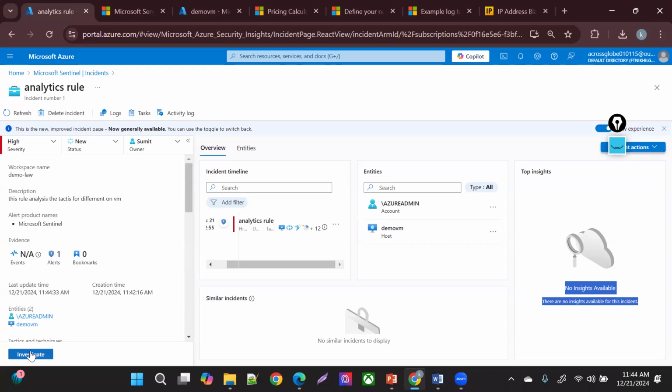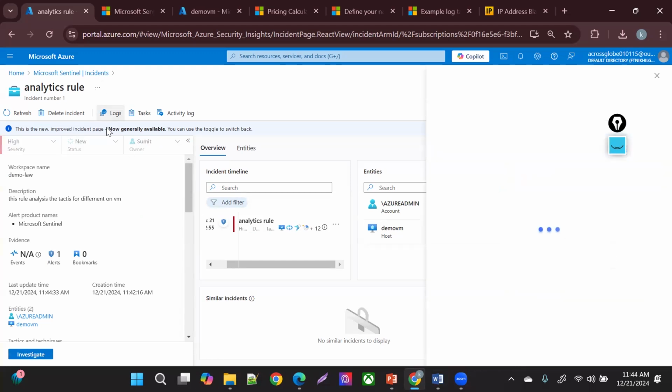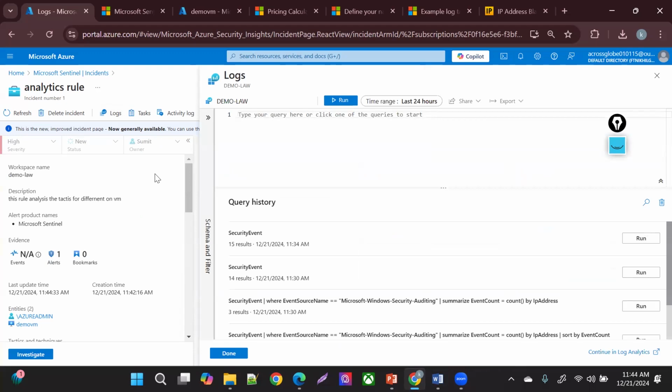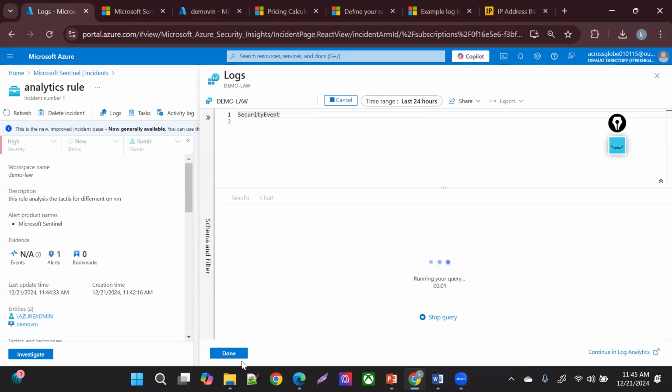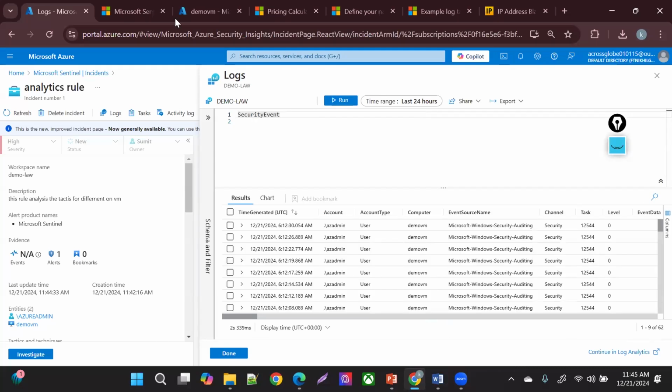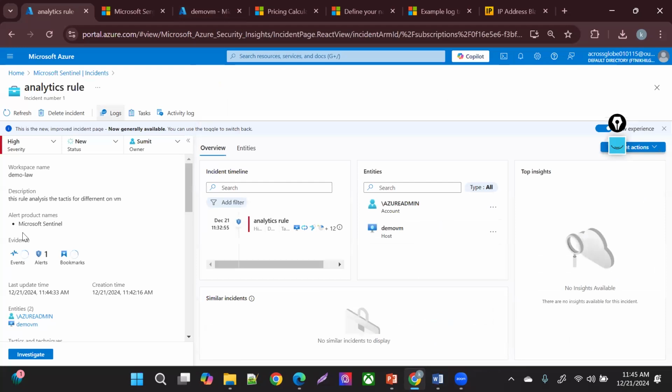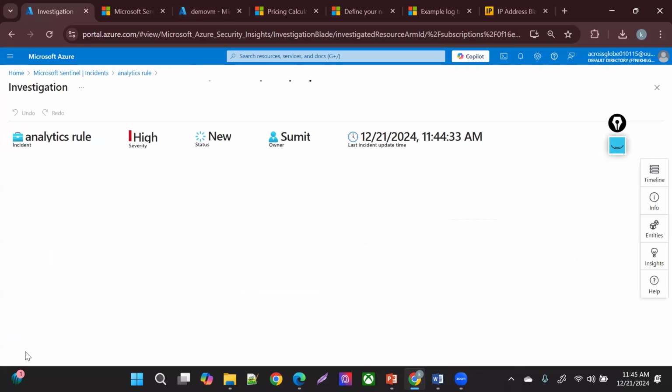If I go and investigate, right? I can go to the logs and I can see the logs. This VM is there. If I open the logs, it's going to run that query there, right? It's going to tell me the log details also, right? And then if I'm going to investigate, let me do that investigation also, right? If I go on investigation,